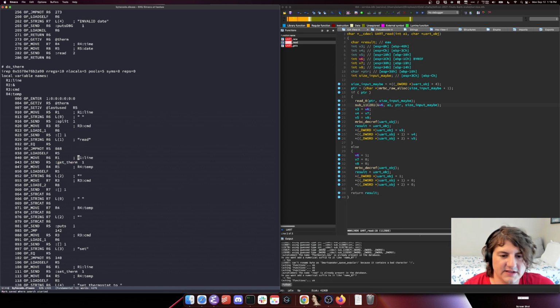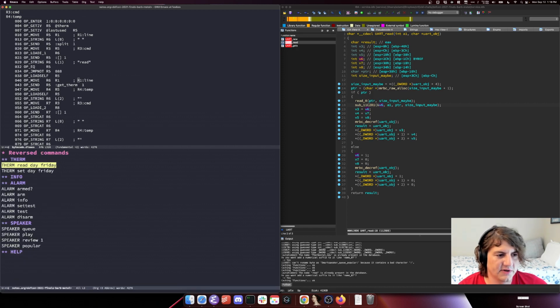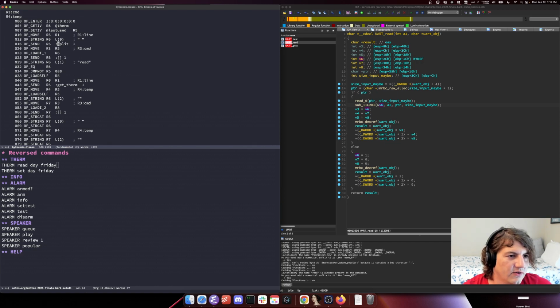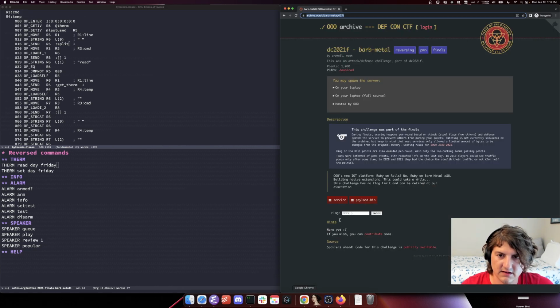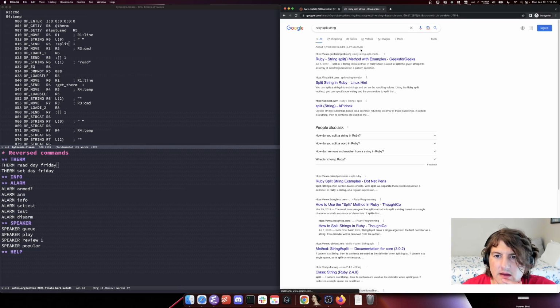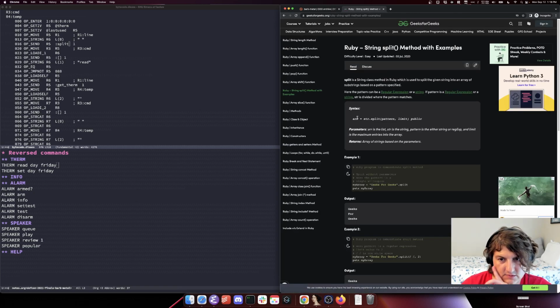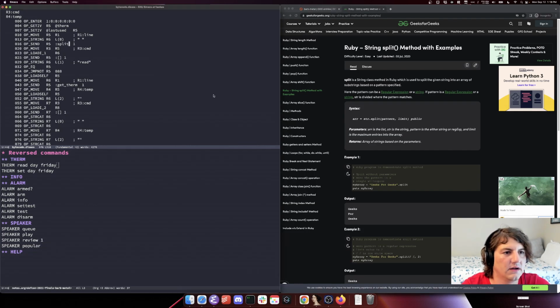And I think the other thing is it passes. So the other thing that's interesting to me is if we remember and look at the notes, we could see our therm is pretty complex. Therm read date Friday, but kind of glancing at this disassembly, it doesn't seem like the disassembly is actually doing a lot of parsing here. Although I guess I should check the Ruby split method. Because what I'm worried about, okay, so it does split an array. Okay, so splits on space looks like